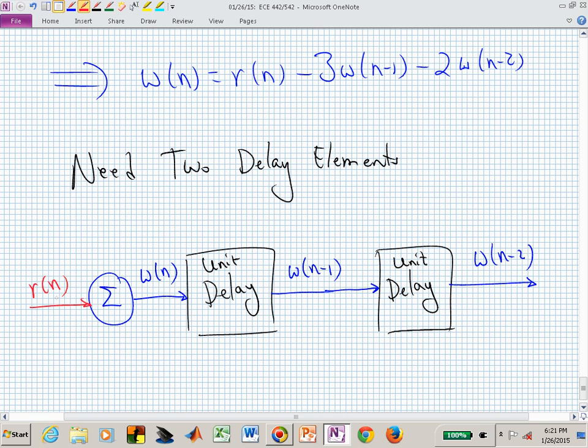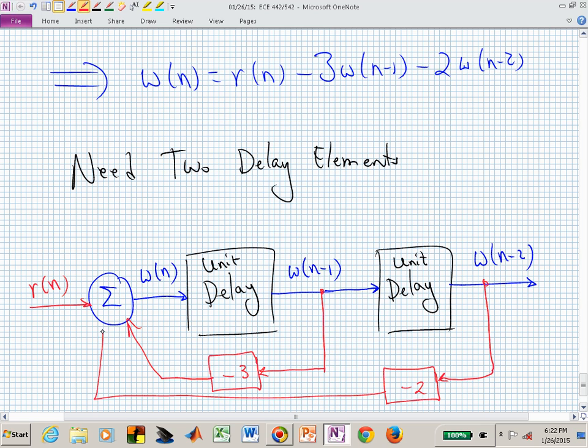R of n is some independent expression. Then we take W of n minus 1, scale it by minus 3, add that in, and then take minus 2, use that to scale W of n minus 2, and that's now our block diagram. And if somebody wanted to, they could say, well, the right-hand side, let's say, is our output,